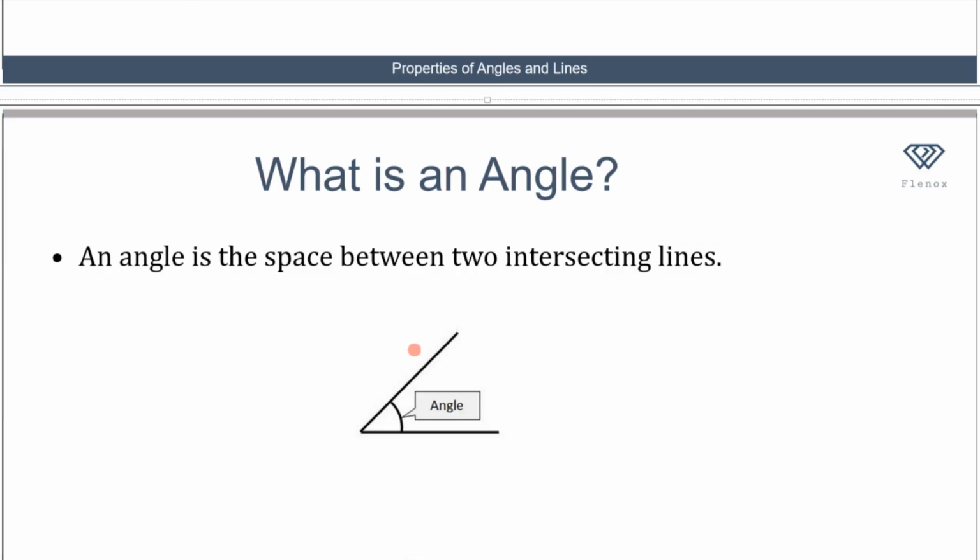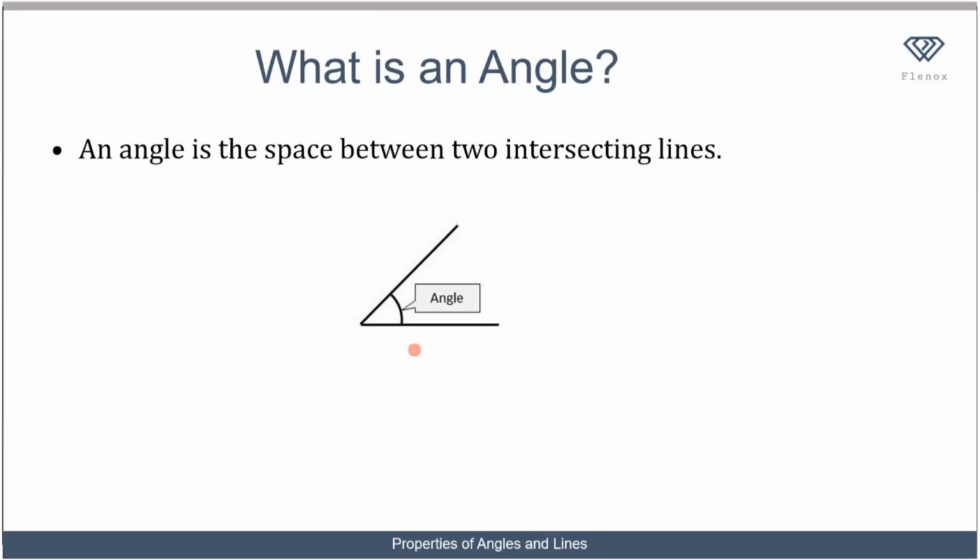So what's an angle? When you have an intersection of two lines, the space between these two lines is referred to as an angle. For example, consider this line over here and this over here. Where they intersect at this point, the space between here is referred to as what? An angle. So if you have two lines intersecting with each other, the space between here is referred to as an angle. The space between here is also an angle, the space between here is also an angle, and the space between here is also an angle. So when two lines intersect each other, the space between them is referred to as an angle.